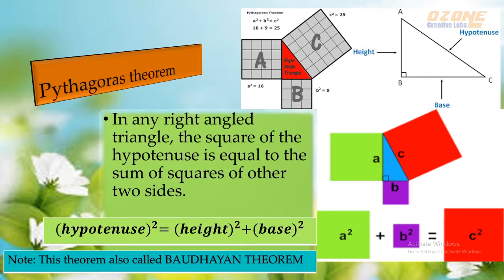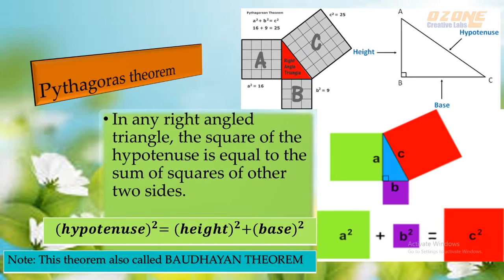And coming on to right angle triangle, first we have to revise Pythagoras theorem. I think we have been studying it from our 6th standard onwards. Pythagoras theorem says that in any right angle triangle, the square of the hypotenuse, which is the longest side, will be equal to the sum of squares of the other two sides. That is, hypotenuse square will be equal to height square plus base square. In a right angle triangle, we consider the longest side as hypotenuse, and one is height and the other is base. So square of hypotenuse will be equal to square of height plus square of base.